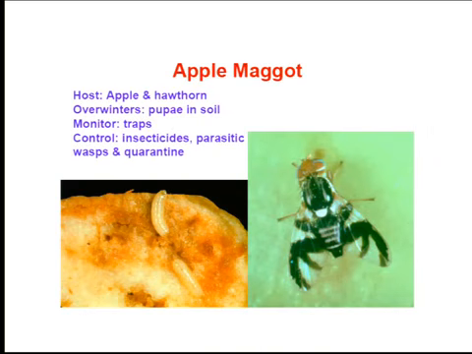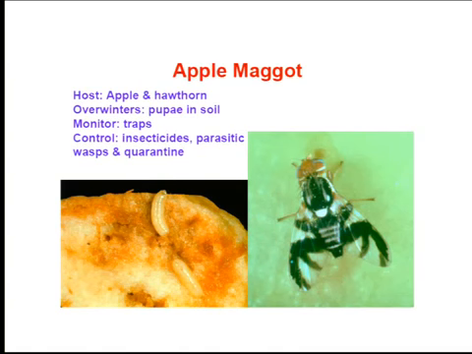Okay, so how many species of insects do you think there are? They say it's about a billion or more. Okay? So can you imagine? It's impossible. Not even the best entomologists can know them all. But let's go through some that are really common, that are common in the garden.